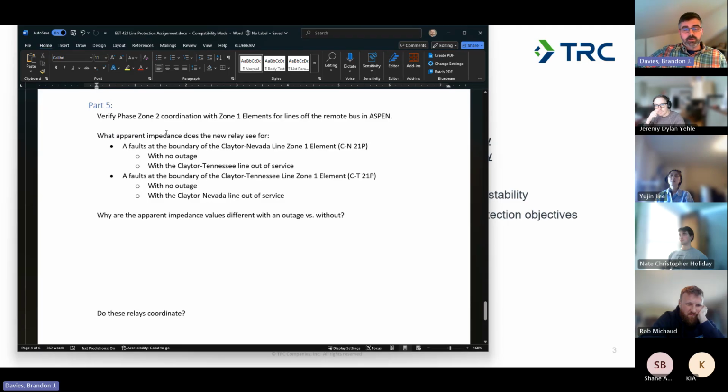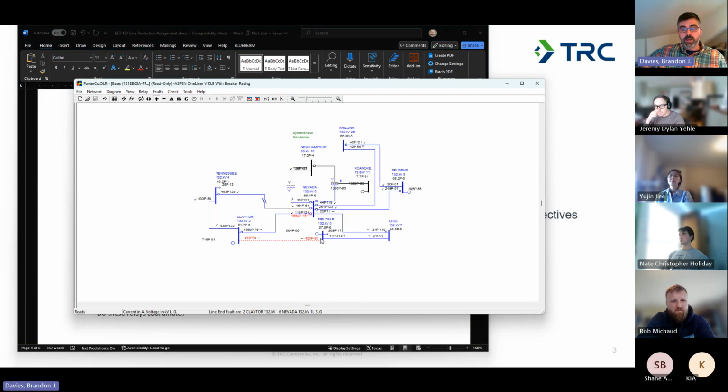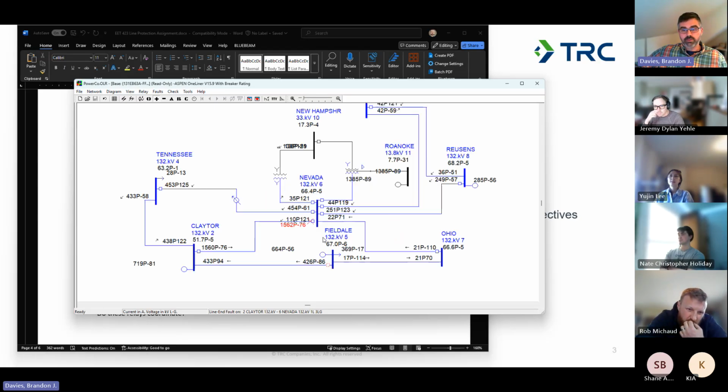It's actually testing out the coordination of one of your elements. I decided not to include both, but just take a look at your phase zone 2 element and see how it coordinates with the adjacent zone 1 relays. So we talked last time about how zone 2 intentionally overreaches the remote bus. That means you've got to coordinate it with your area protection. So in this case, if you're setting this relay here at the